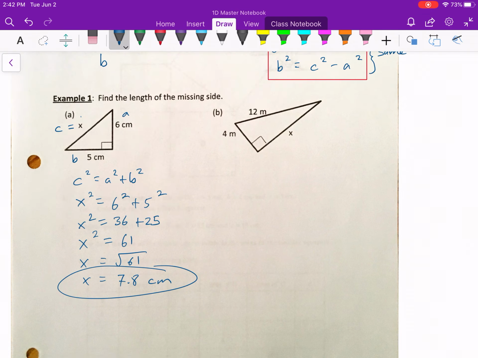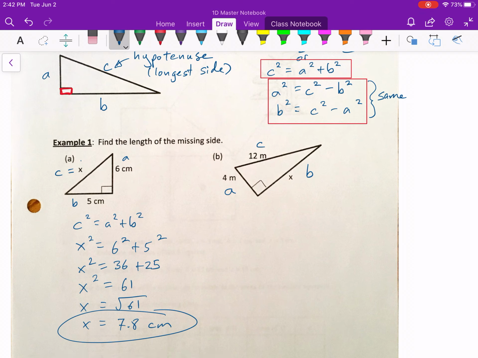In example B, the hypotenuse is given to us. That longest side is 12 meters. And then I can call this A and call this B, or I could switch to A and B, it doesn't matter. But in this case, I want to find what I've called side B. So I'm going to use that version there, right? Whatever I'm trying to find, I'll isolate. So B squared equals C squared